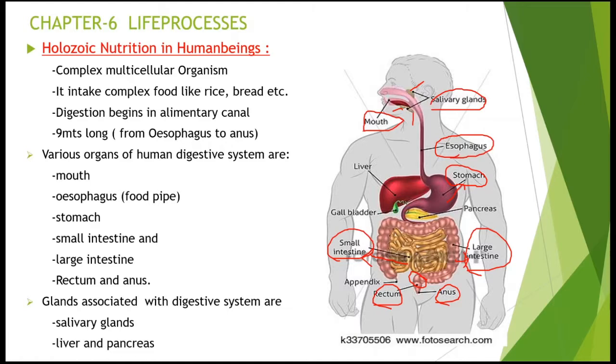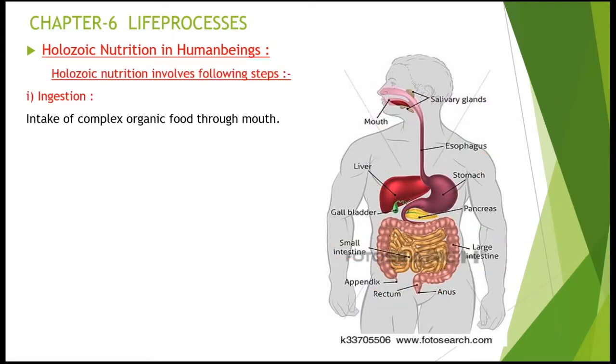And next are the liver and pancreas. In the picture, here is the liver, with the red mark I am showing. This is the liver, and this is the yellow-shaped organ. It means the food which we put in the mouth, if it contains starch, is called complex organic food, which is going to be digested during the process of digestion. It means it is broken down into simpler molecules. That is called complex organic food.